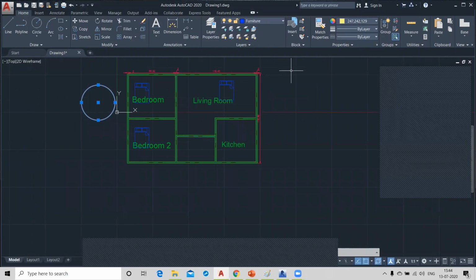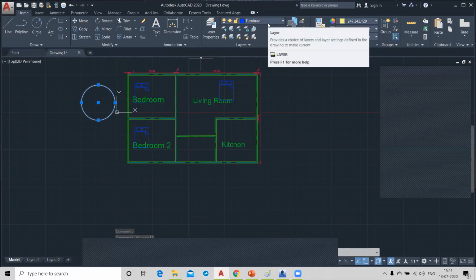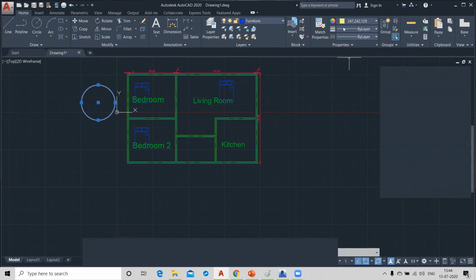You can see the circle becomes yellow, but this circle is still drawn in the furniture layer. So directly you can change the color, line type or line weight from the object properties.